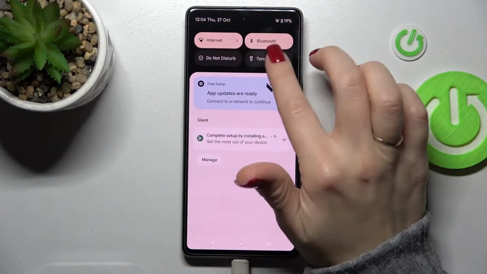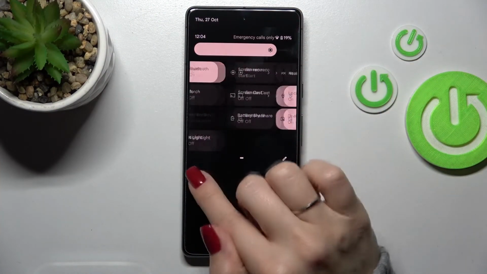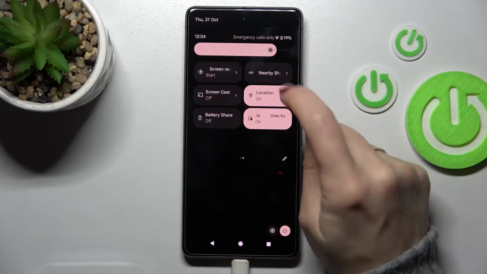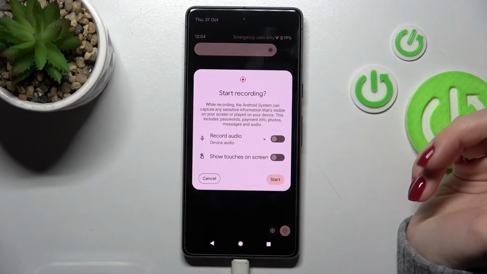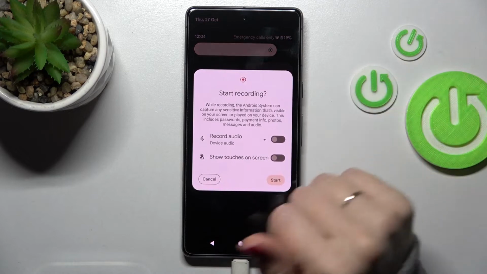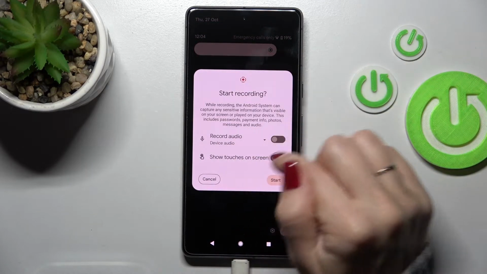So first, let's open the notification panel shortcut, and here you should find the screen record icon. In my case it's here. To launch the settings, you should just tap once on the screen recording icon here and we'll see here